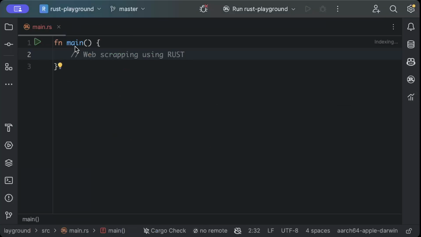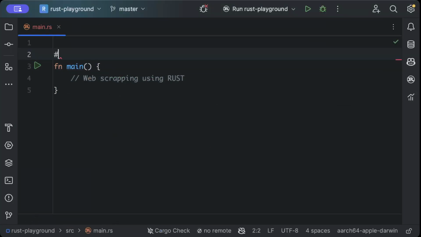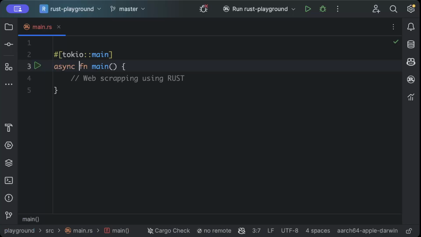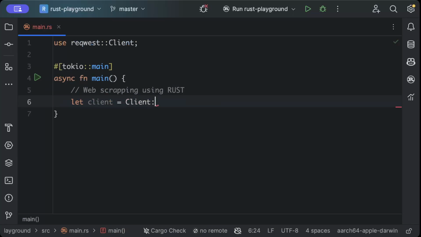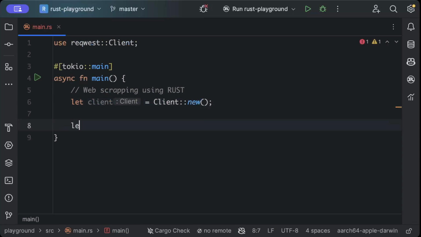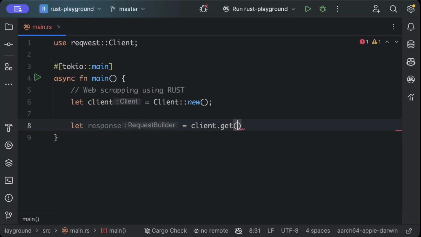Now first of all, we will start by adding the Tokio main on the top and make our main async, because we'll request the resource on the network. So we'll say let client, and then we have some response, and we'll send a get request on this URL that I'll also drop in the description. Also, if you guys need the code, you can always request it and I'll drop the code in the description as well. So this was our website scrapme.live